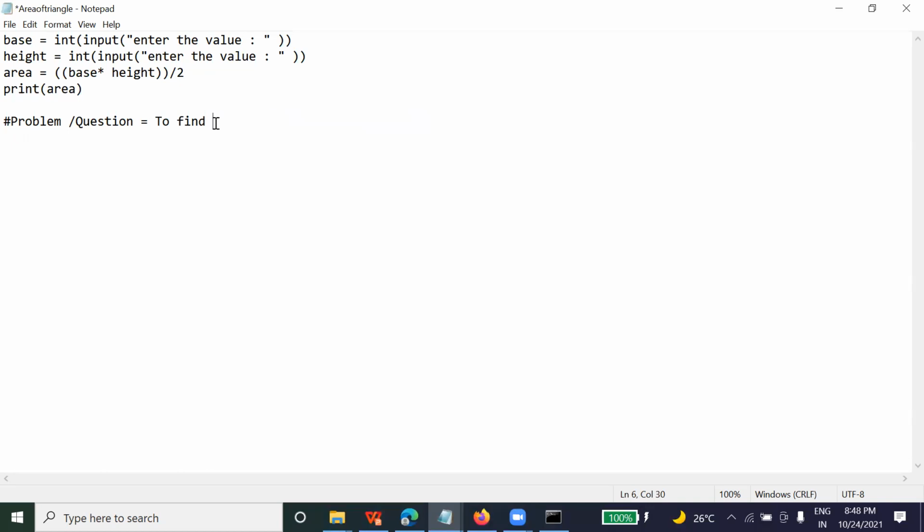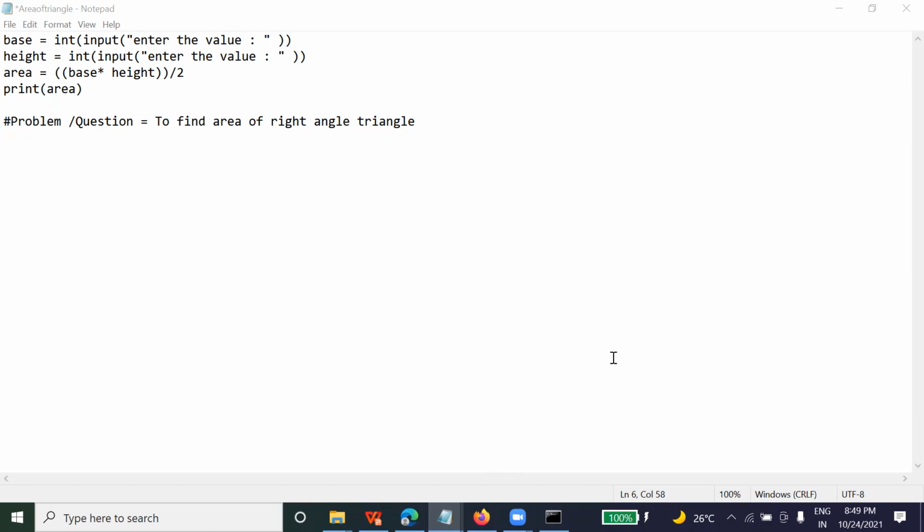This code is for what? Find the area of a right angle triangle. What about others? Is it clear to everyone? Yes. What about others in the class? Nirmala, Geeta, are you there? Nirmala, Sunita, Sunita, are you there?